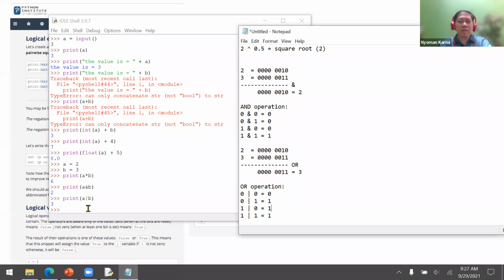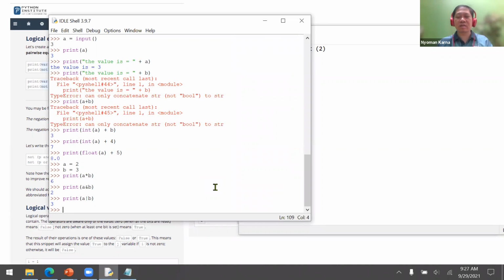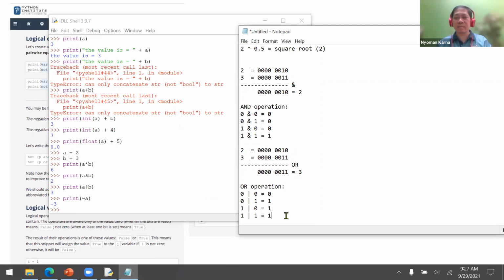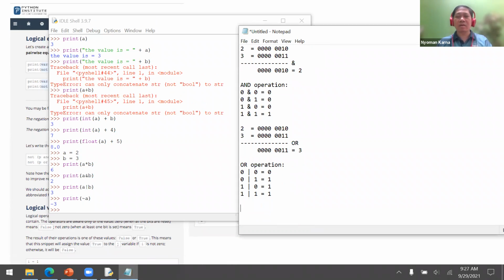Okay, now how about the NOT function? Now print using the tilde here, A. It will print out, oh, -3. How come it becomes -3? Let's check it out. Now, A is 2, and 2 is 0, 0, 0, 0, 0, 0, 1, 0.